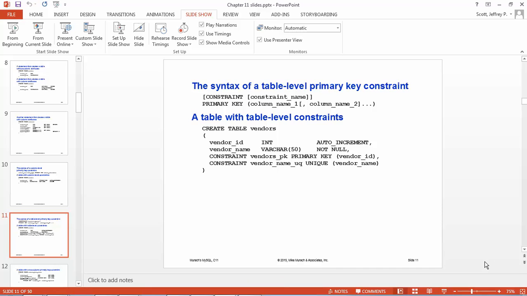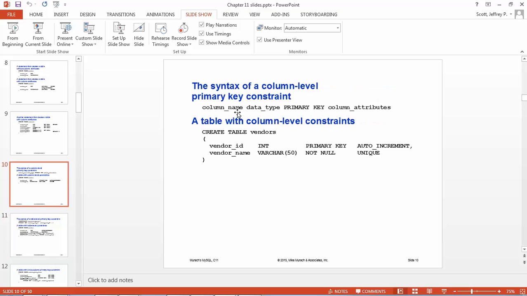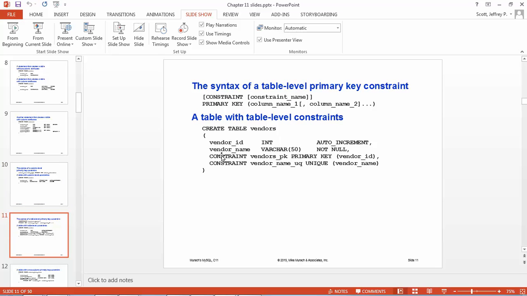So again, we're coming in here and we're talking about some of these different constraints that you can see right here. So we've already talked about the auto increment. We've talked about the not null. Okay? So notice, previously I put the primary key right on the line where I'm defining the table. I should say where I'm defining the attribute. That's called a column level constraint. If I put it down below,